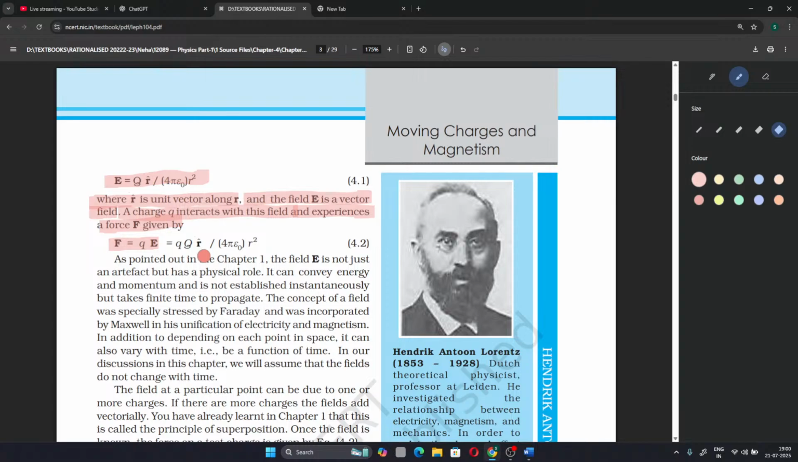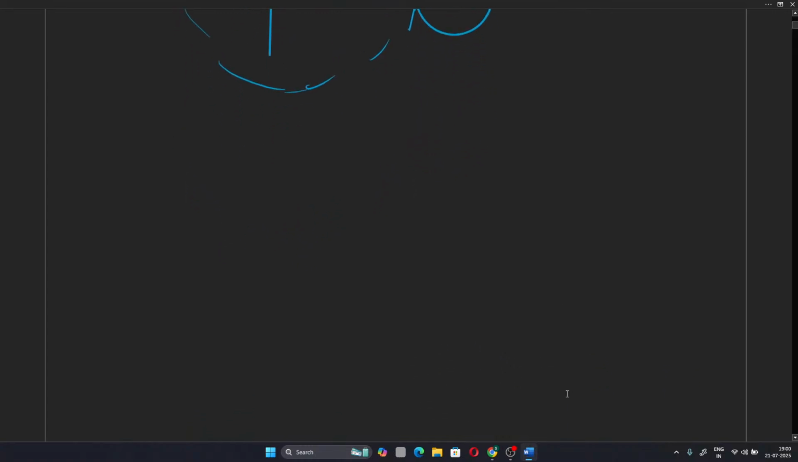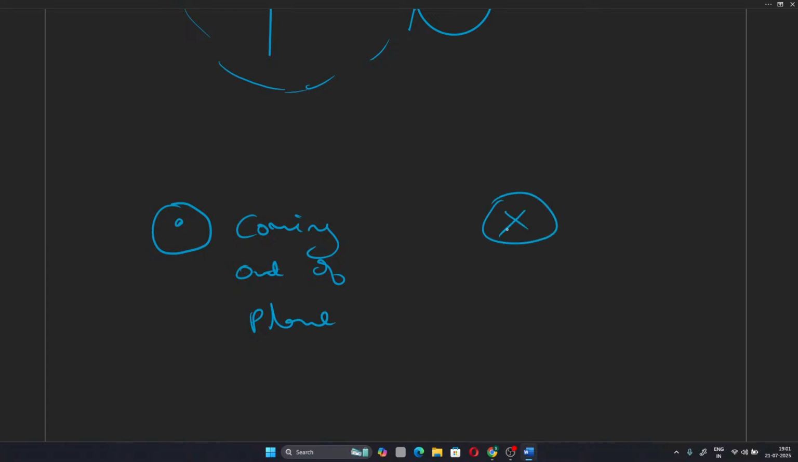Okay, let's understand. They give one more point. A dot appears. This is not relevant here, but I will just read it in case. A dot appears like the tip of an arrow pointed at you. A cross like the feathered tail of an arrow moving toward you. Basically, they represented a dot as coming out of the plane and a cross as going into the plane,